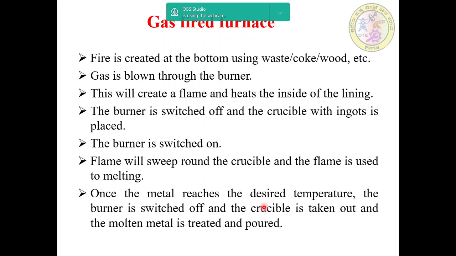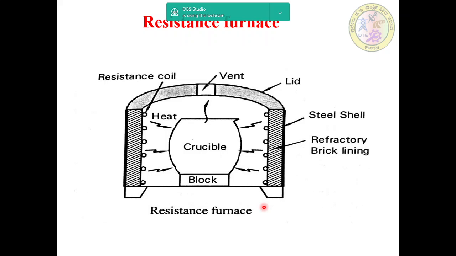Next we will go for the resistance furnace. Here this is the outermost steel shell, and then you have the refractory brick lining, and then this is the crucible block. Above that you have to place the crucible, and then electrical resistance coils are placed on both sides of this refractory brick lining, and then a vent hole is provided in the wall for escape of gases, and then this is nothing but a lid,